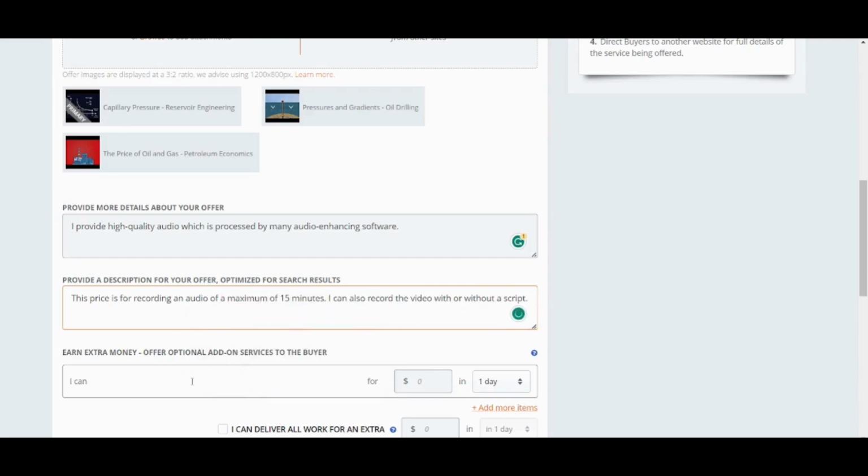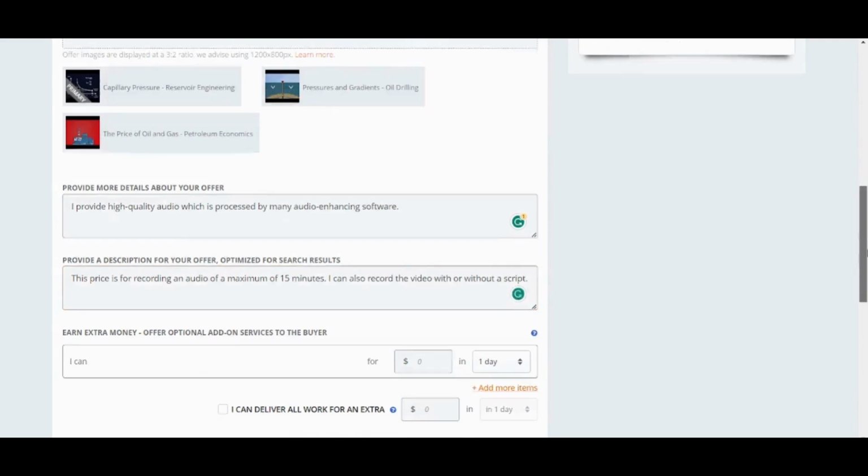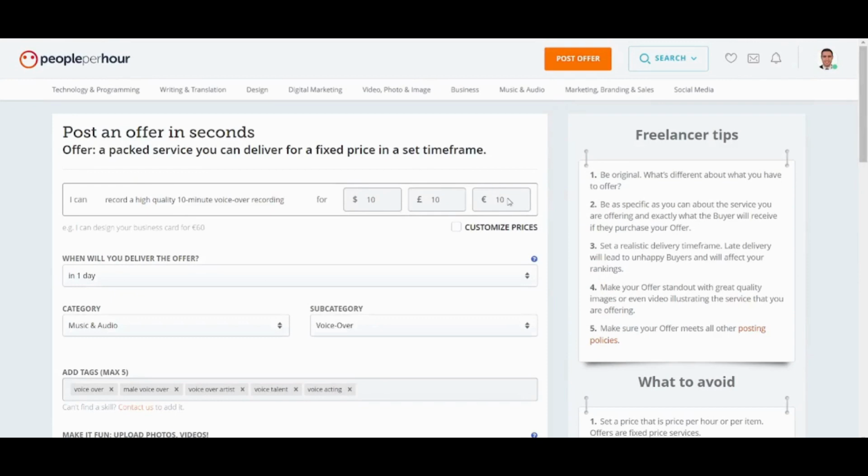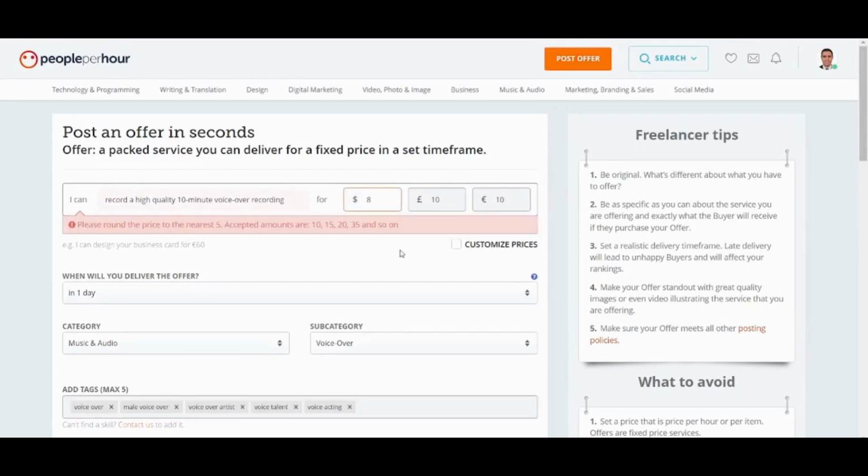And here you can earn extra money by adding add-ons. So here I can record the video without a script for an additional $2. Like that. Okay, it will not accept.